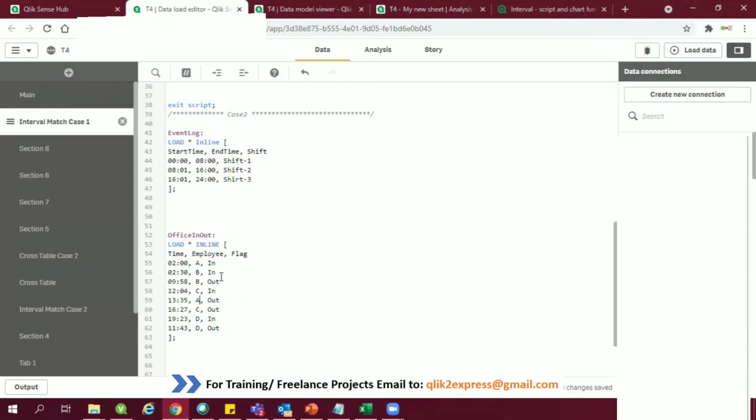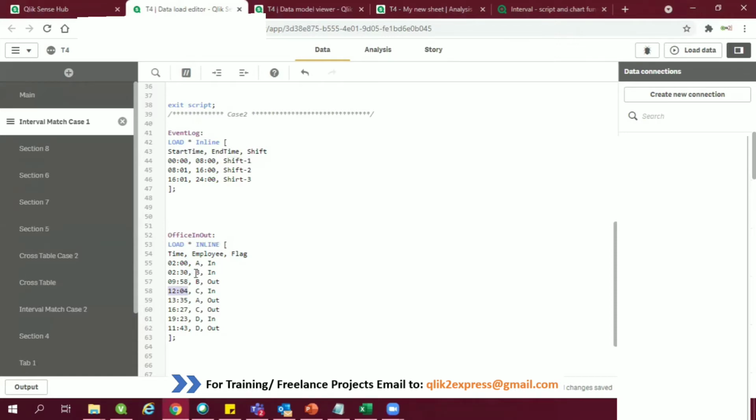Similarly, at 2:30 in the morning, employee B entered, and that employee came out at 9:58 out time. Similarly, employee C entered the office at 12:04 and came out at 16:27.